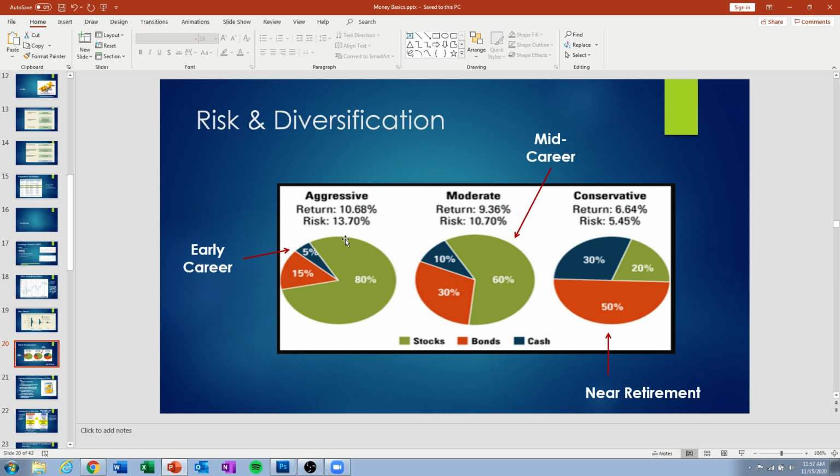A lot of times, if your company has a 401k option, you can choose this. When I went through this, I chose an aggressive route because it's early career, and sometimes these automatically change depending on your age. Some of these 401k investing options will automatically start aggressive when you're younger, and then as you get older, it slightly moves more moderate and then more conservative,